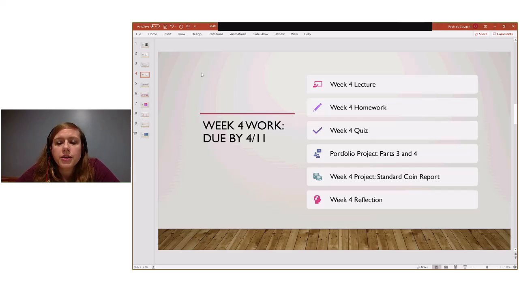All right, you have another project this week. The week 4 project is the standard coin report. I know it seems like you just did a project last week, but that was week 2. We're kind of playing catch up. So those little projects that you have are every other week. You have one at week 2, at week 4, and at week 6. The standard coin report is going to be pretty much all probability, and all you'll need is a coin, which I'm sure everyone has laying around somewhere. You're going to want that because you're actually going to be testing out some things with probability by doing a coin flip. And then you have the week 4 reflection, okay?